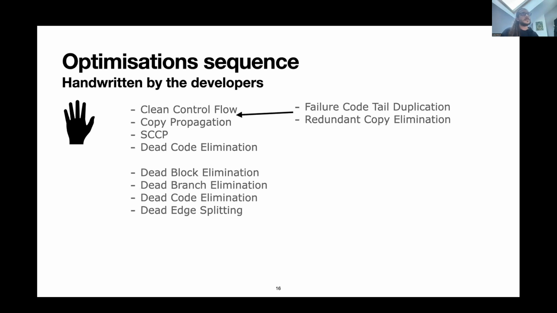We have a hypothesis that ordering optimizations for any kind of program is very difficult, but maybe finding an optimization sequence for the primitives of the language could be easier